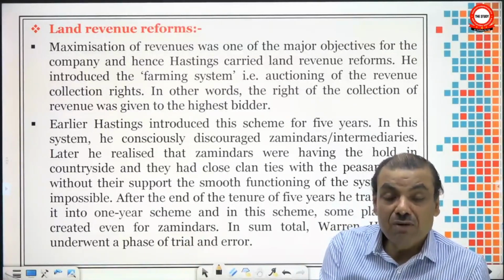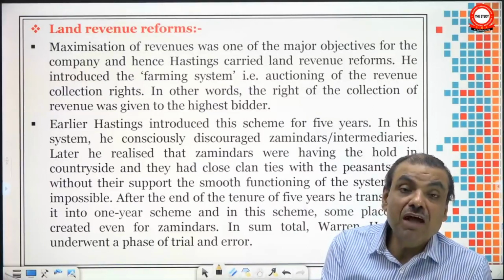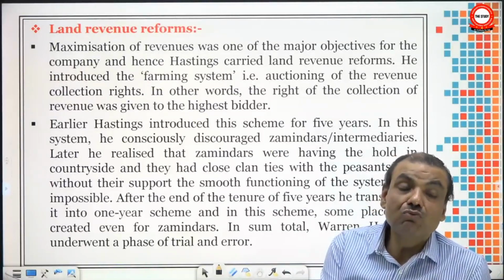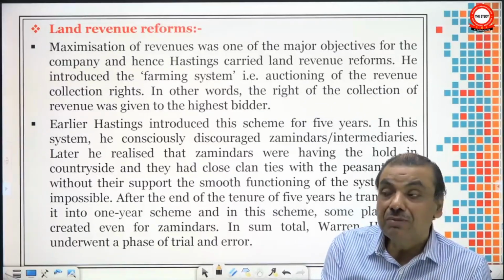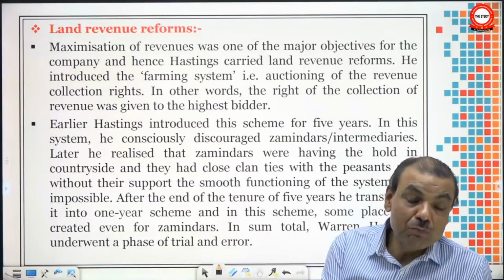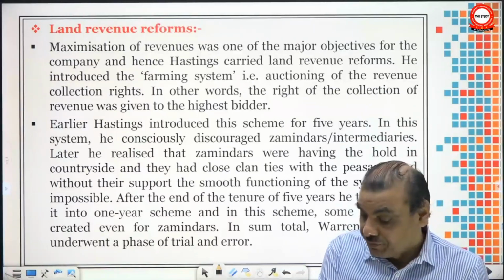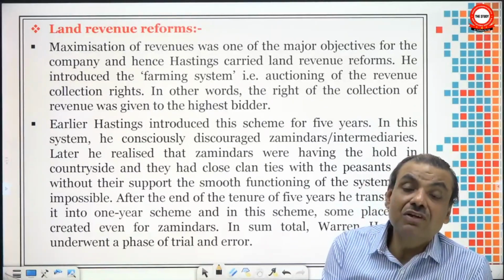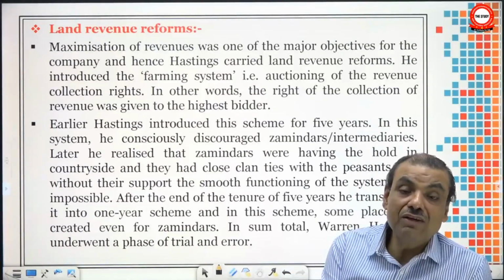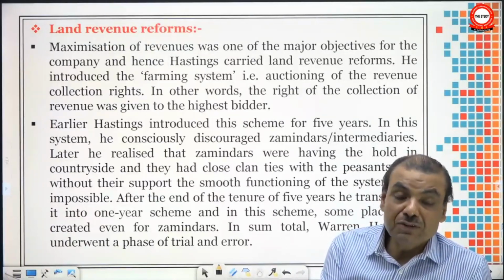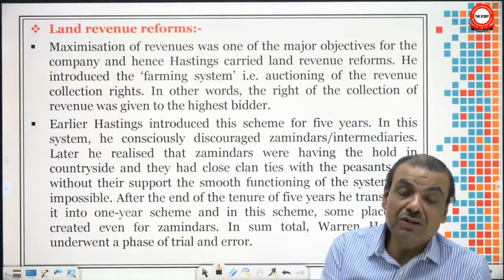So that's why after 5 years, Warren Hastings modified this system once again. And in place of the 5-year scheme, he introduced a 1-year scheme now in 1776. And in this scheme, the gate was opened even for zamindars. Means he tried to assimilate zamindars as well. But after all, his land revenue reforms could not become successful. You can very well imagine that whoever is making the highest bid and purchasing from the government the right of collecting revenue, such persons would never keep in their mind